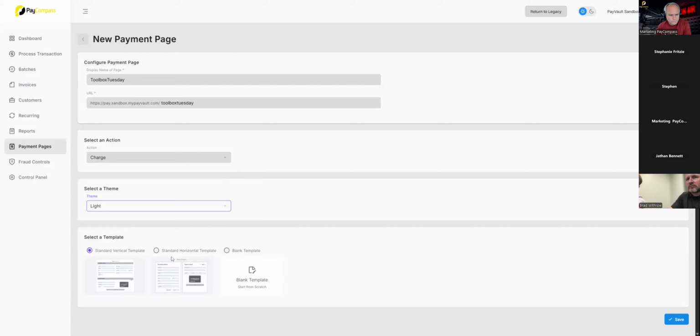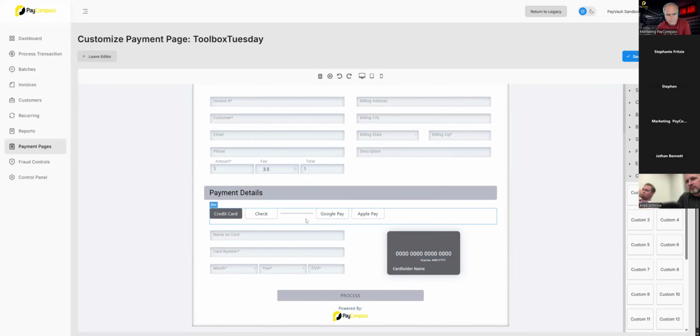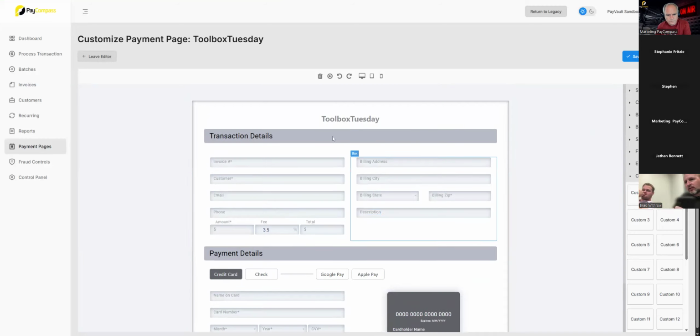And these are the templates that come with that payment page. So you've got a vertical, a horizontal, and then you've just got a blank where you can just build this completely from scratch. I like the vertical side, so I'm just going to save that, generate that page. And then this is the generated page that I created within a click of a button. I can essentially download that URL, input it, embed it on a website, and this page would be ready to accept payments. If you wanted to then edit it, that's where you're using some of the functionality here on the left-hand side,